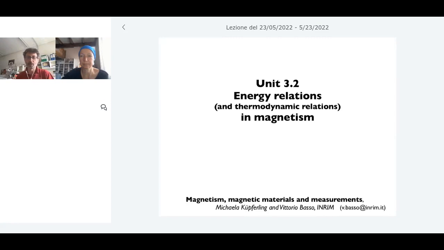Yes, now we are recorded. Okay, so welcome back everyone. This is the second part of lecture 3, so we call it Unit 3.2. After the overview of Michaela, quite detailed view, I would say, not only overview, on the microscopic atomic quantum mechanism of the formation of the atomic moment and the causes of exchange interaction in matter,